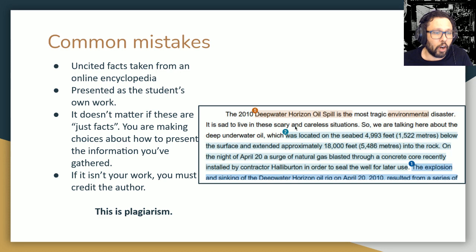When students are caught with this kind of plagiarism, so this counts as plagiarism. This is taking material that is not your own work and presenting it as if it's your own. In particular, what's important here is not just that they've taken 4 lines of text from another source, but that information is sort of seamlessly woven into their own essay to present it as if it's their own work, and it's just not. When students are caught in this sort of mistake, one typical justification is that, well, look, these are just the facts. How can I present, the number of feet beneath the surface? How could I have presented that any other way?